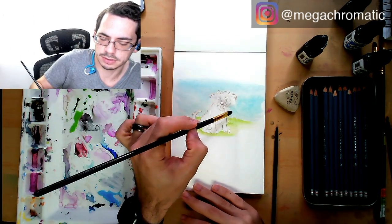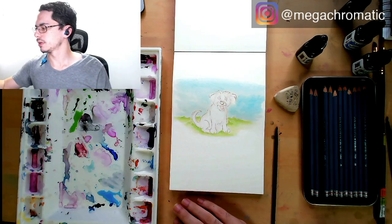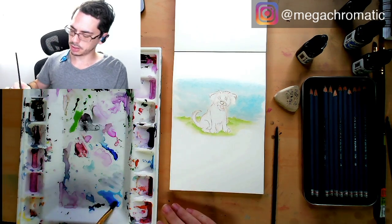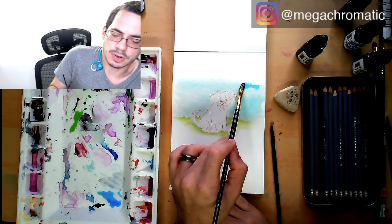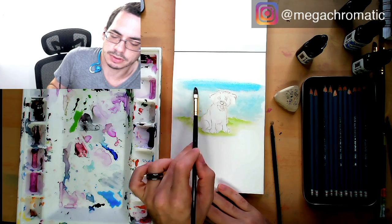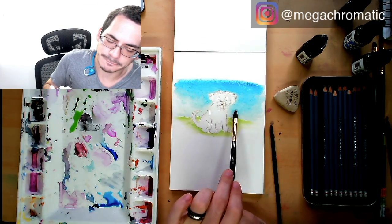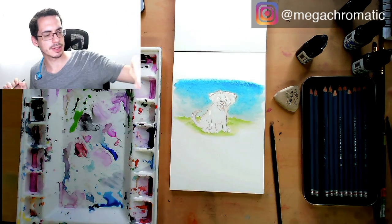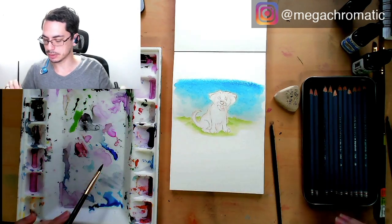Everything went wrong. So I'm going to try to do a little bit more of a gradient, so I'm going to pick up more color from the same spot from before, and since it's wet on wet, it should be a lot easier to do the gradient down. Now I'm noticing the paper is breaking up a little bit, so that's not ideal, but